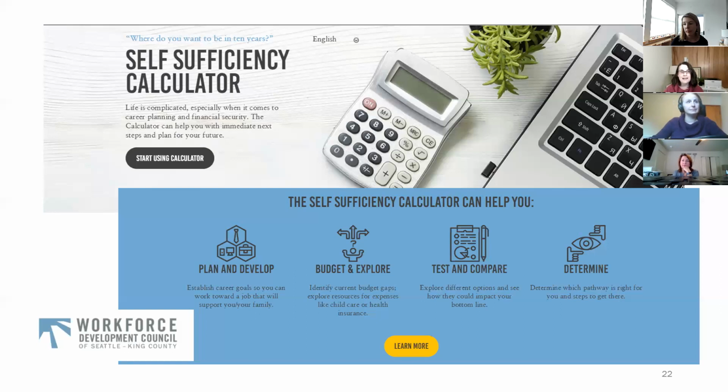We have done that in other states when we do our demographic analysis, which I'll be talking about shortly, where we're able to benchmark households with their self-sufficiency standard to census data. And then we're able to look at which occupations those households are in. So for households in jobs that have earnings below the self-sufficiency wage, how many households are there? What are the different demographic characteristics of those households? But that's an analysis we unfortunately haven't done for Washington yet.